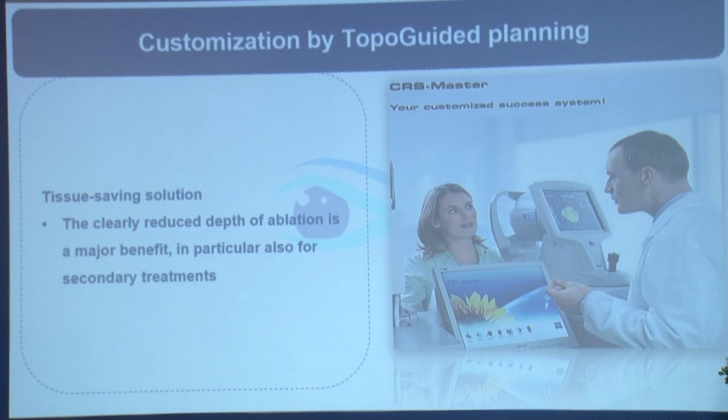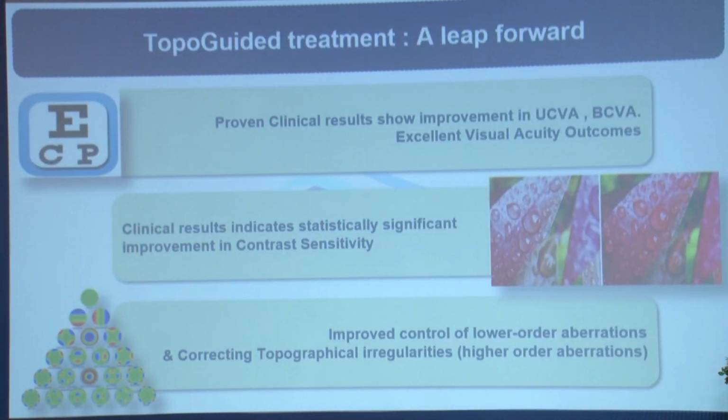So the customization by topo-guided planning offers us a tissue-saving solution. The clearly reduced depth of the ablation is a major benefit, in particular also for the secondary treatments for these patients. So it is a leap forward. The proven clinical experience shows improvement in uncorrected visual acuity and best corrected visual acuity, with excellent visual acuity outcomes. The clinical results indicate statistically significant improvement in contrast sensitivity and improved control of lower order aberrations, and